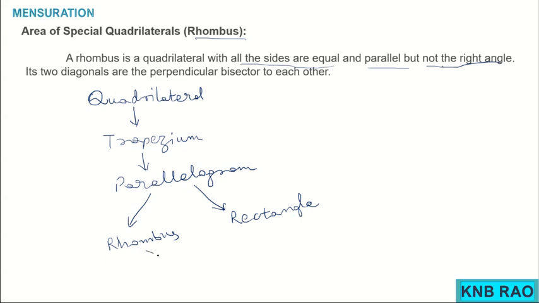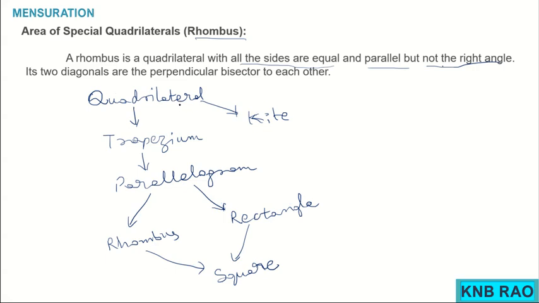and having both the properties, that is adjacent sides are equal and each angle is a right angle, both the properties of rhombus and rectangle put together give you a square. Okay, this is the flow chart. And another quadrilateral we have is called a kite, where only adjacent sides are equal and diagonals are perpendicular and not equal. Okay. And that is a kite. What you have learnt in the understanding quadrilaterals chapter is this.